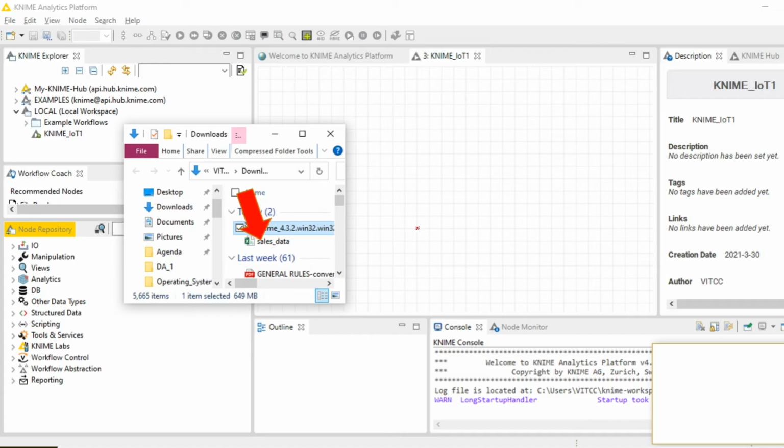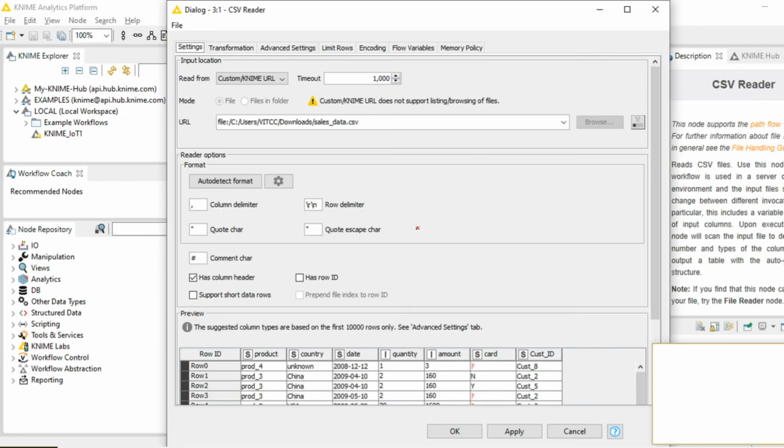Just drag this file and place it in this workspace. So once your dragging and dropping is over, you could see the CSV reader popped out automatically. If you want to configure the reader options or the comment option, everything can be configured here. Actually, this helps us to identify what are the various fields this CSV file holds.